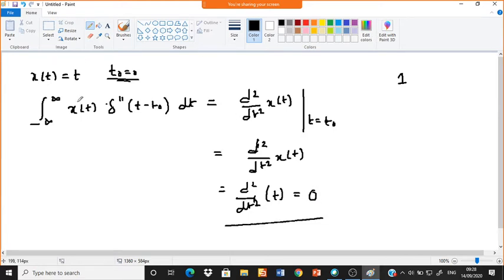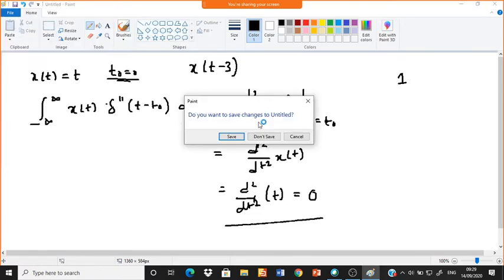So that's how the impulse signal will be applied to x of t. Say for example, if it is a shifted version, something like t minus 3, you have to first evaluate the derivative of x of t, then apply at t equal to t naught, that is, t naught is 3. At t equal to 3, you have to apply it. So like that we need to perform the signal operation when we use the impulse function. This is the impulse function, which is very important in signals and systems. Is it fine? Any doubt till now?